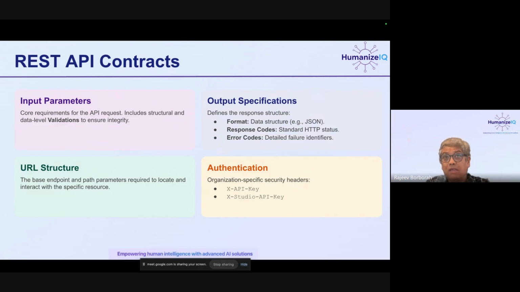We will create a key for the system, and we will use that. However, whenever the user is working with the system, we will use the X Studio cookie or the auth cookie. All of our APIs also support the auth cookie. So either you will pass an HTTP header called X Studio cookie, where you can pass in the HTTP auth cookie, or a base 64 version of the auth cookie. And we'll talk about why base 64 version. We will pass those cookies, and that will be authenticated for that user.